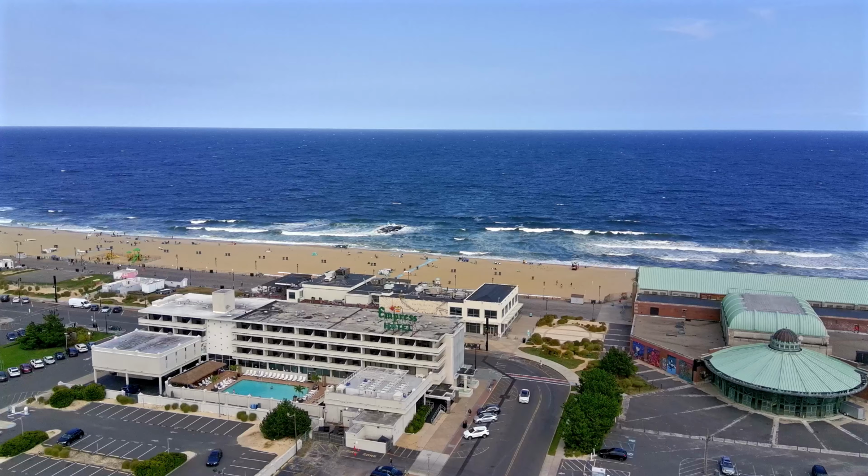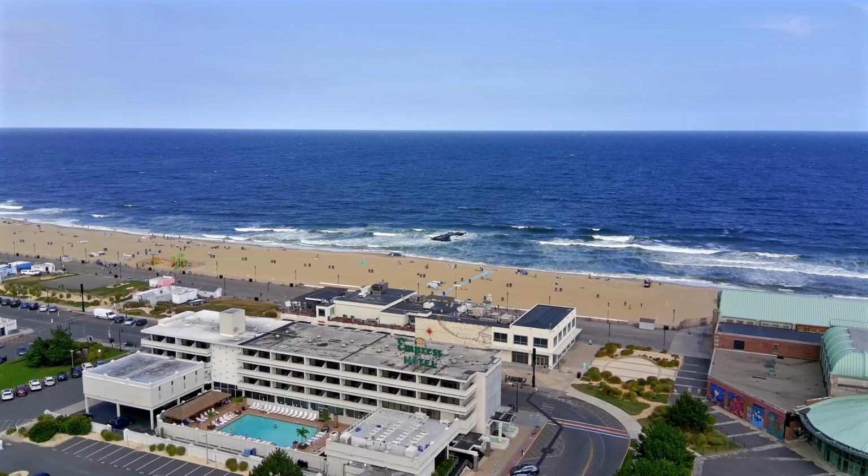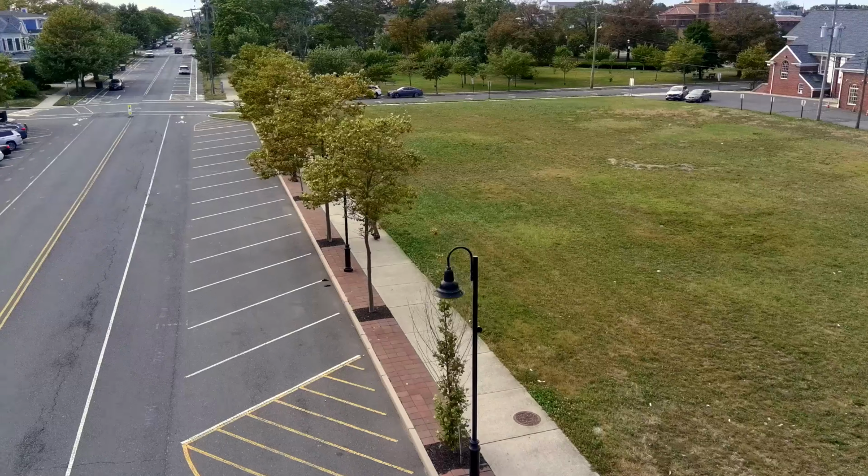People on the beach. I'm still very, very impressed with this little tiny drone and how it's able to handle the wind today. I mean, 21 miles an hour, it's really windy, like I said before. So being able to showcase, there's Mike,